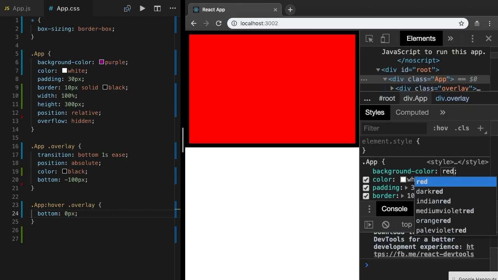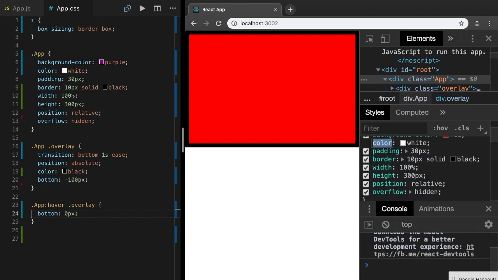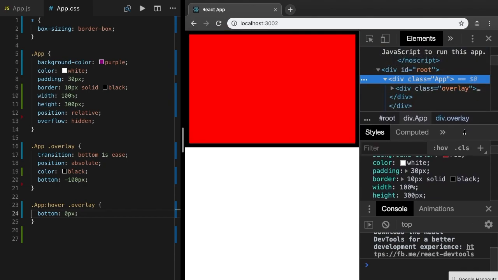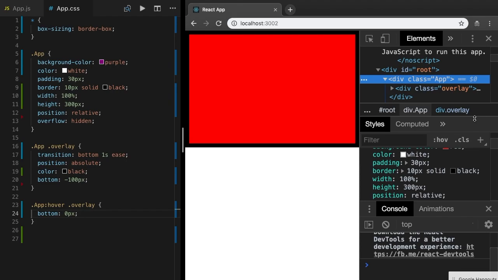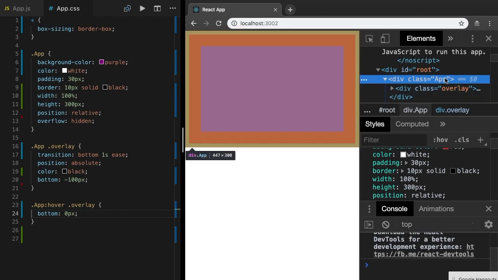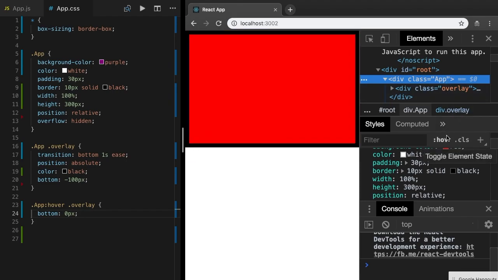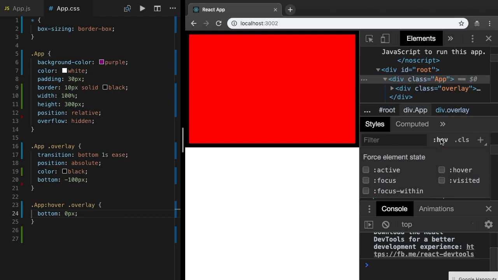So it's very easy to prototype, right? But let's try to do the same thing with the color of the overlay. With the purple box, I can select the box like that, and then I change it. But with the overlay, I can't, right? It's complicated to select the overlay element. Because of that, fortunately, Chrome, a couple of years ago, introduced a very nice thing. So if you select the app, you can simulate a hover event. You see that button, called hov. So if you click on it,